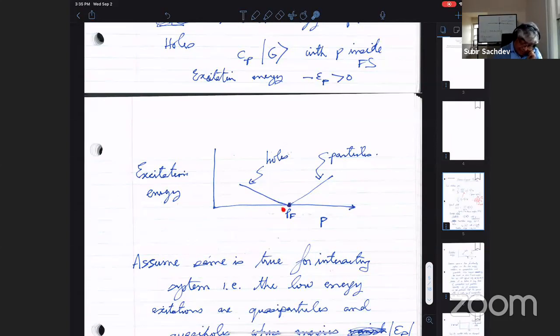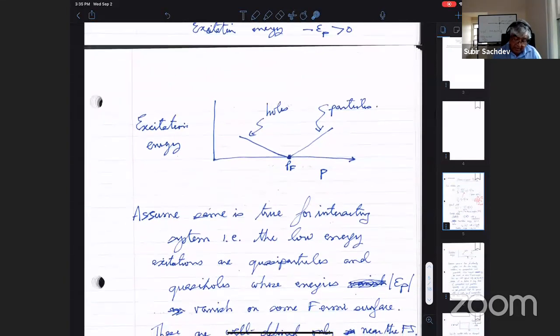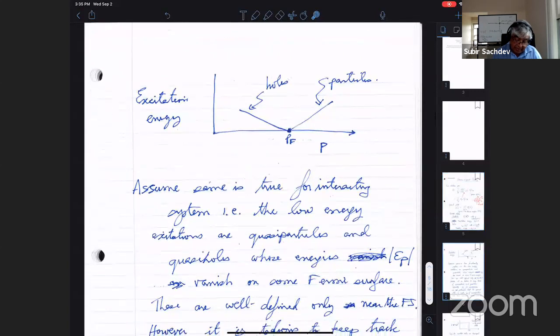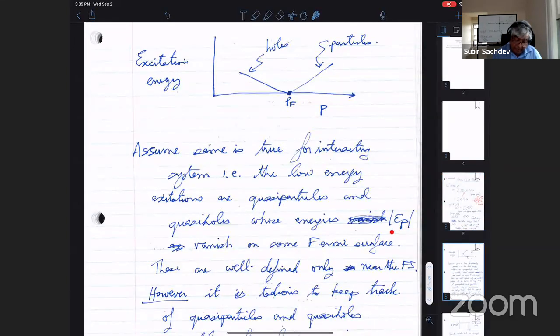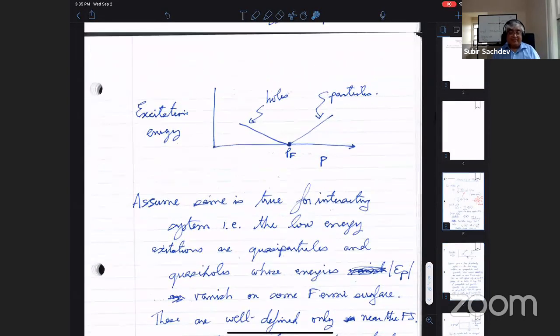So it's not surprising that when we talk about an electron gas, all of the action happens right near p_F, because that's where the low energy excitations are. This kind of system is called gapless. It has no gap to excitation energy. You can have excitations arbitrarily close to the ground state. And these are particle-like above the Fermi surface and hole-like inside the Fermi surface. The excitation energy is the modulus of epsilon p, which vanishes on the Fermi surface. Okay, so that's free electrons.